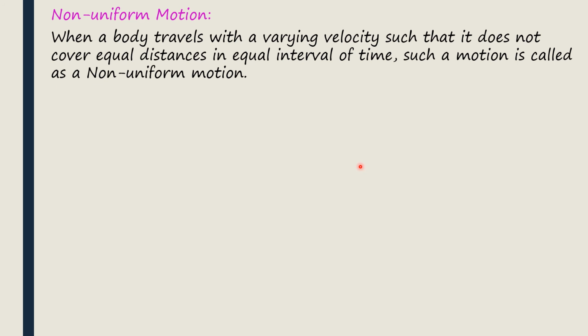In non-uniform motion the body does not cover equal distances in equal intervals of time, and there is a varying velocity, so such kind of motion is called